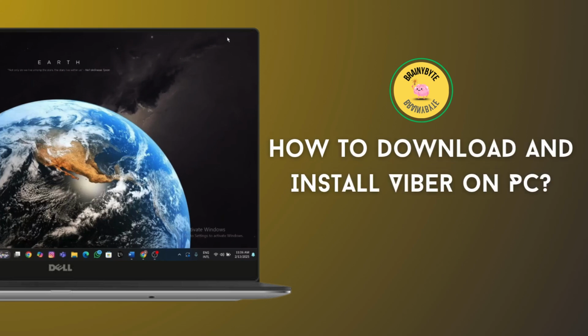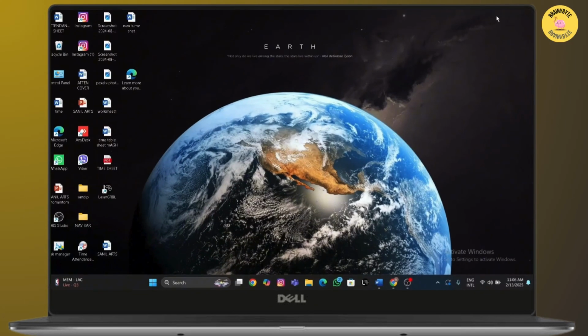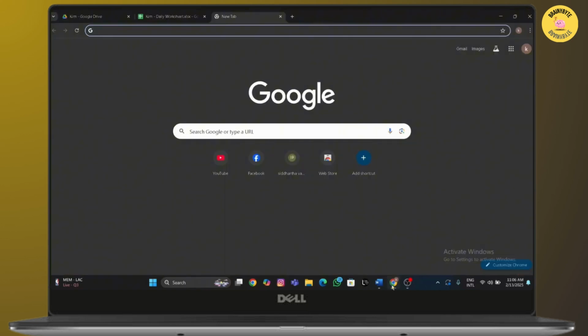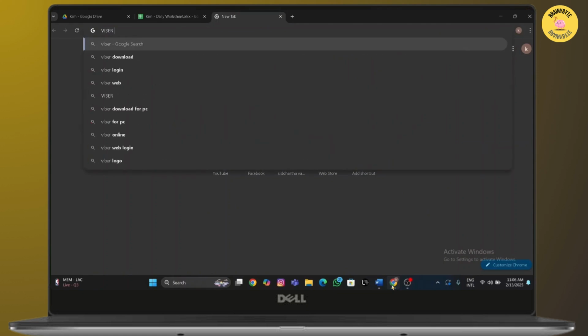How to install Vivo on PC. In today's video, I'm going to show you how to download and install it on PC in just a few simple steps. So let's get started. First things first, open your preferred web browser and simply search for Vivo download and hit